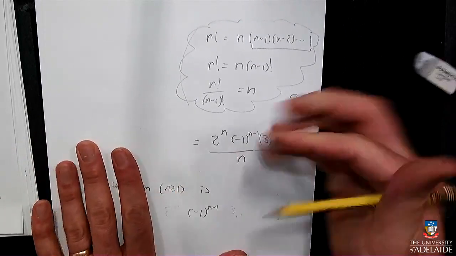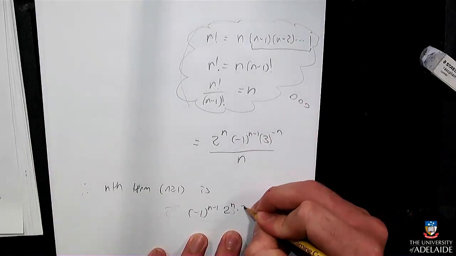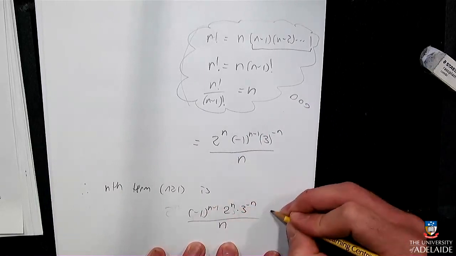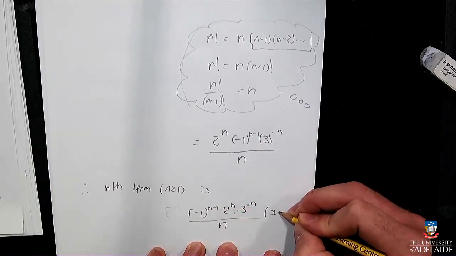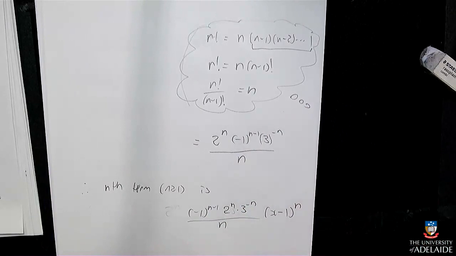I'm going to rearrange it because it's traditional to have the negative ones at the front. What was the centre? 1? Right. The 0th term is ln 3. So,